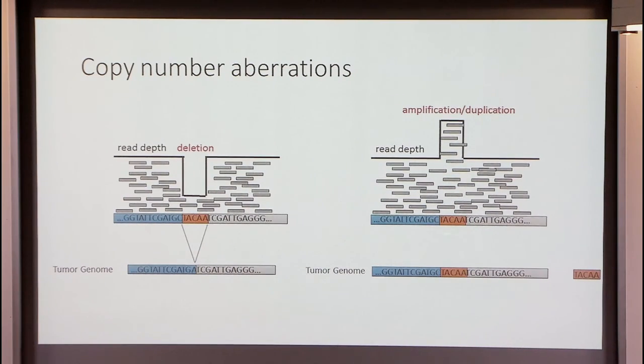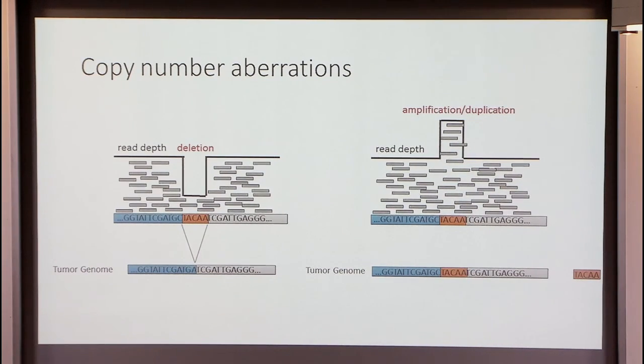Conversely, if you have a duplication or amplification of a region of the genome, then you would see more reads that map to that position. So by looking at this read depth signal, we can try to detect where these deletions and duplications are. Of course, one thing in looking at this read depth signal is that all you're saying is that, relative to your reference genome, there's been a change in the number of copies, but the signal doesn't tell you where those copies are. So you're not getting any notion of the structure of the genome. So I might know that there's a duplication or amplification somewhere, but we don't know where that is.